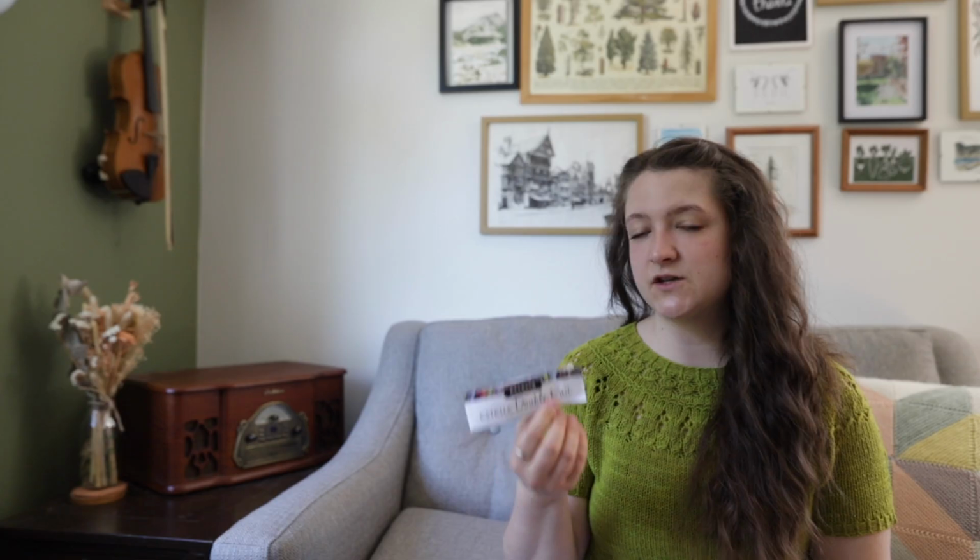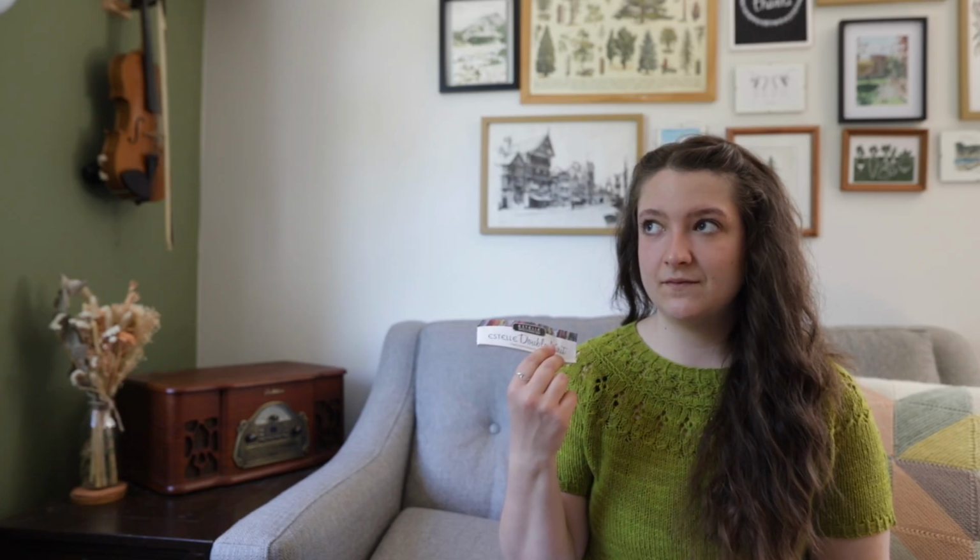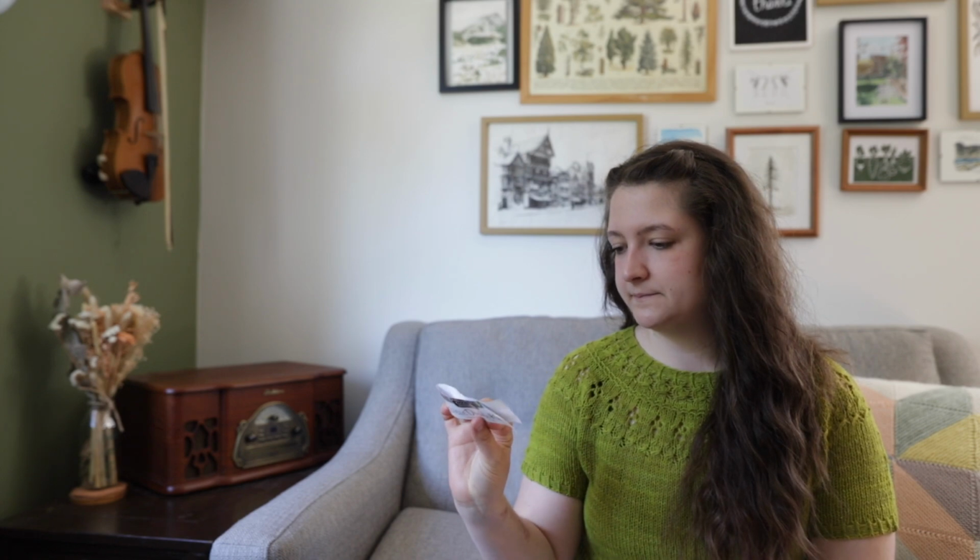It does have some wool in it, but as far as synthetics go, this is the only mostly synthetic yarn that I have ever used that doesn't feel like you're actually just knitting with plastic. It feels woollier than others that I've used before. So because I knew how it felt, and I've worked with this yarn before and I knew how it blocks out and everything, I was comfortable using it. So I got it in the color